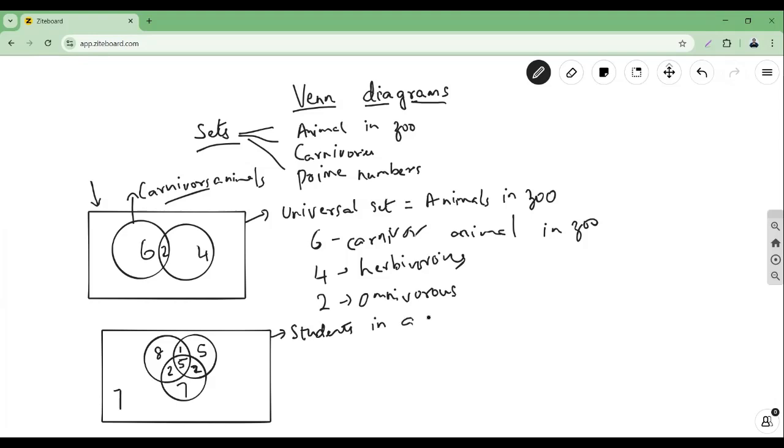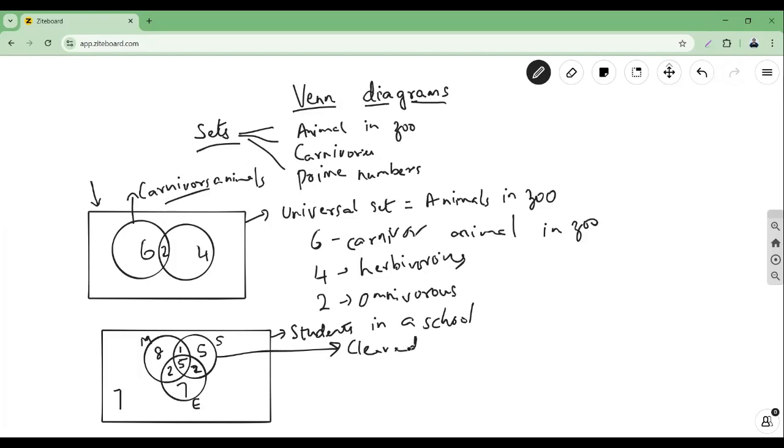Students in a school. And this rectangle is going to talk about math exam. This is, let's say, science exam, and this is an English exam. Means people who cleared the math exam. Okay, cleared. So every circle talks about people who cleared the math exam. Okay, a math exam. So one circle, math circle, talks about people who cleared in that